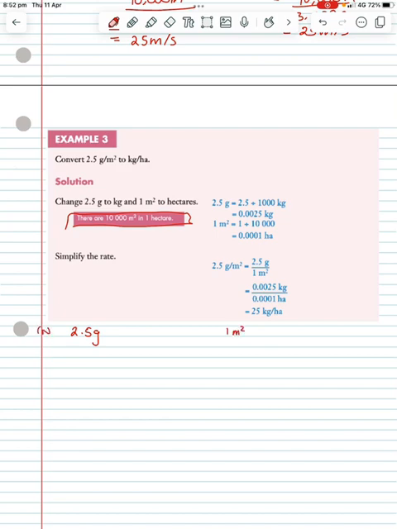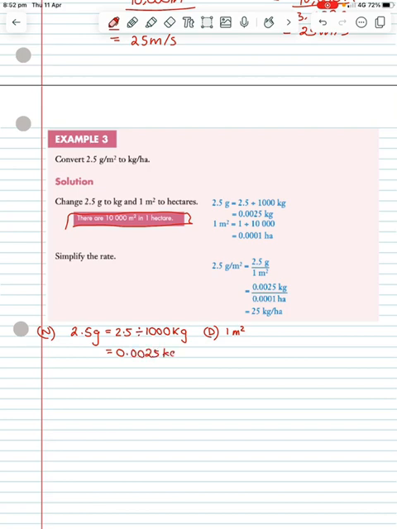So this is my numerator and this is my denominator. So to convert grams to kilograms, we're going to take our 2.5 and divide it by 1,000, because there are 1,000 grams in a kilogram, and this is going to give us